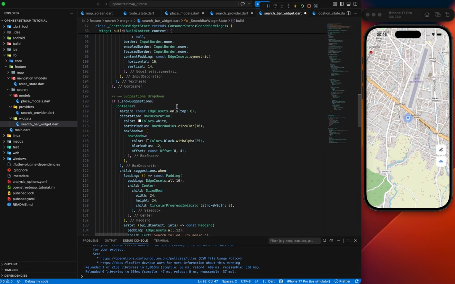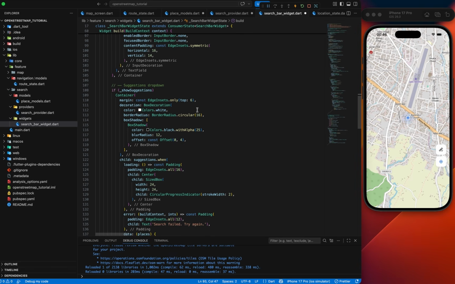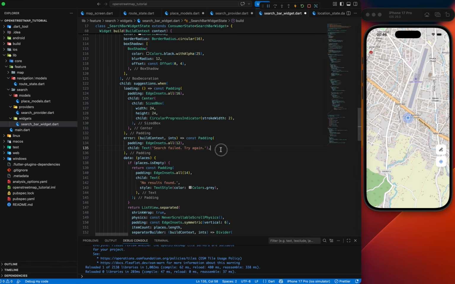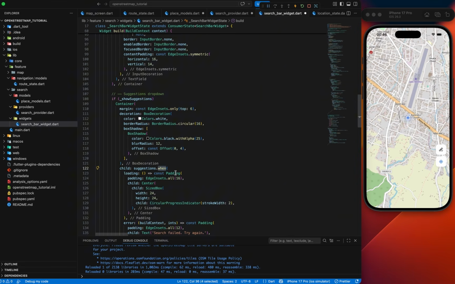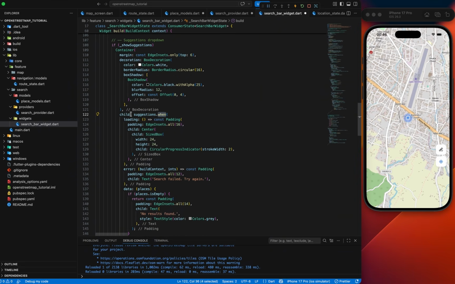This is the suggestion list, only rendered when showSuggestion is true. After the user types more than 3 characters, we will show this search, fail, or try again. If we get any error in this suggestion.when, it will handle 3 things: loading, error, and data. Loading shows the spinner while the API is in flight, and error shows the